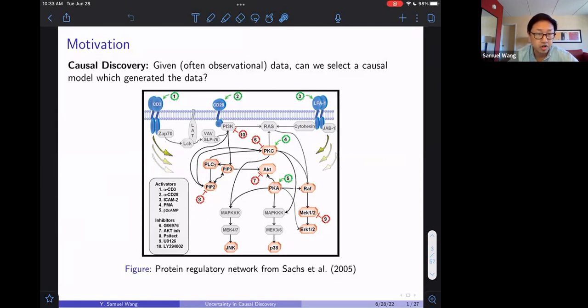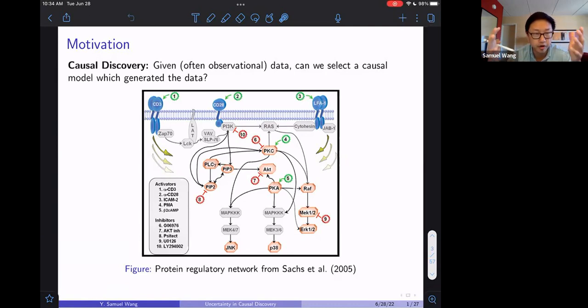In this paper, this is called the consensus network. The authors call it the consensus network, and what they mean by this is that the structure is informed by many different experiments that were designed and performed by a lot of expert biologists, which were published in a number of papers, and over the course of many years, all of this information coalesces into this plot here. So this is a long, tedious, expensive process, right? And this is exactly the type of situation where we hope causal discovery can be helpful.